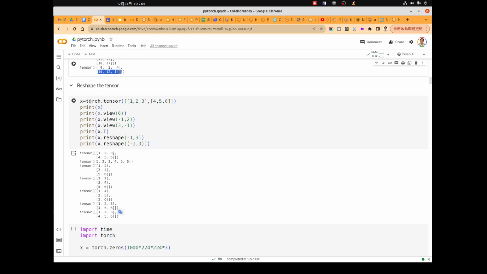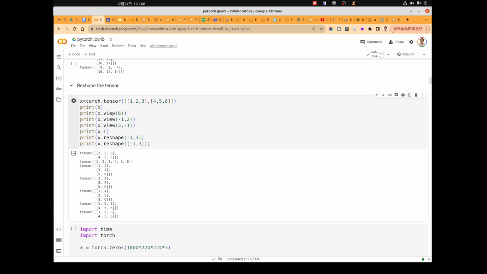So you can write torch.tensor and pass in the Python array here. When we print x, we will see the PyTorch tensor, whose content is exactly the same as the Python multi-dimensional array.